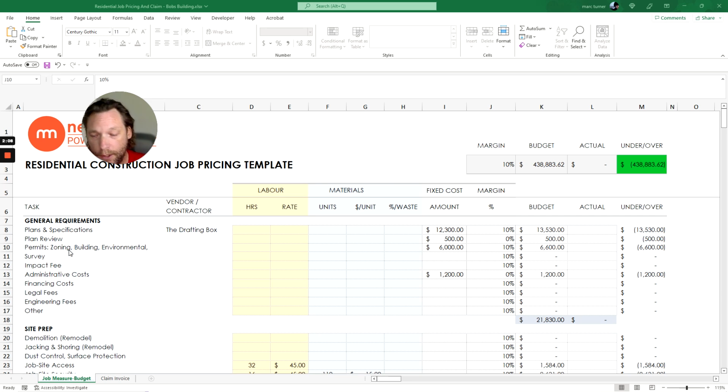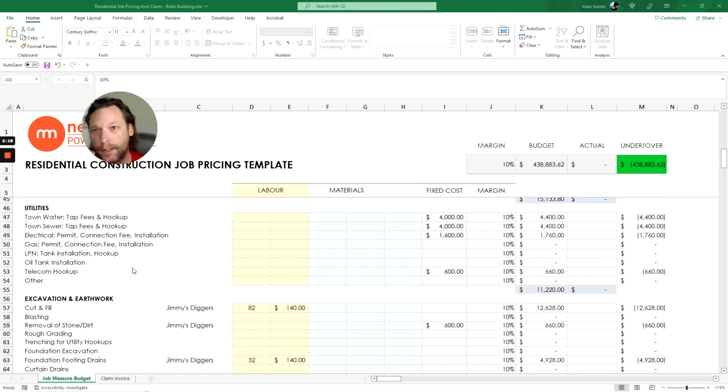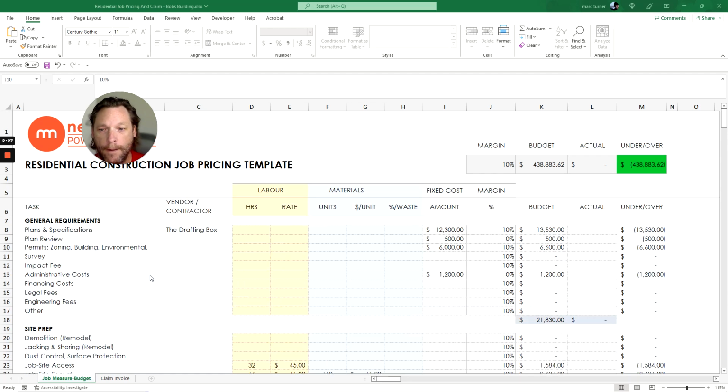So we've got your general items, site prep, demo, footings, water and sewer, the utilities, and then interior and exterior cladding, and any subby work that might go on with electrical and plumbing, et cetera. For each item in each section, you can leave them as they are, or you can update the titles as you see fit. If this doesn't quite work for your job, you can change the titles and the pricing and it will come out. So if it's other, it could be something like